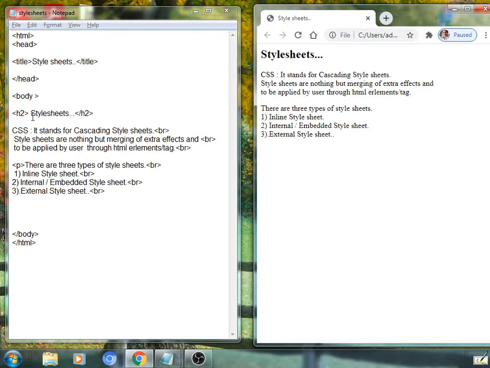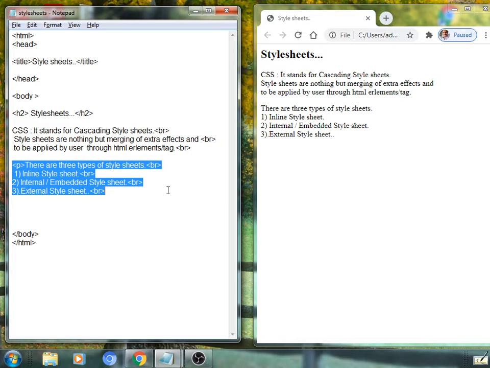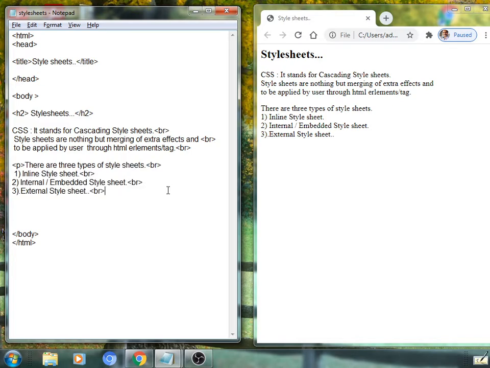See here, as we have given heading level 2, this word Style Sheets is displayed, and at the next line there is some information about CSS. After that we have defined a new paragraph, that is the p tag is applied here, and again 2-3 lines are given as content of this.